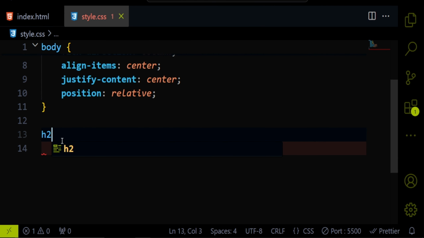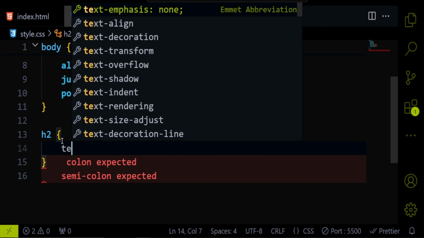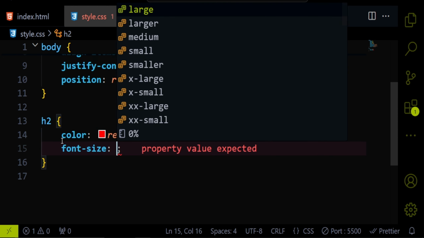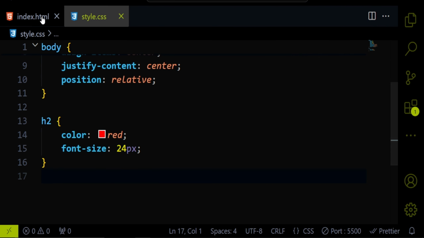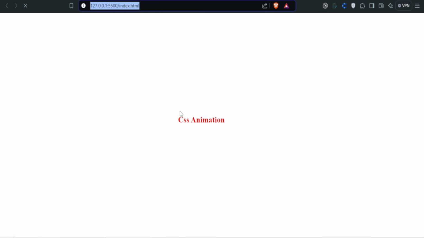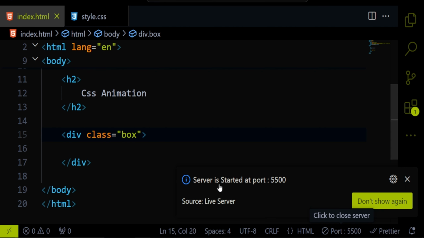Okay, provide some CSS to the h2 element: color red, font size 24 pixels. Okay, let's head back to the index.html file and finally run. Now as you can see there, the CSS animation is showing properly. Okay, let's head back to